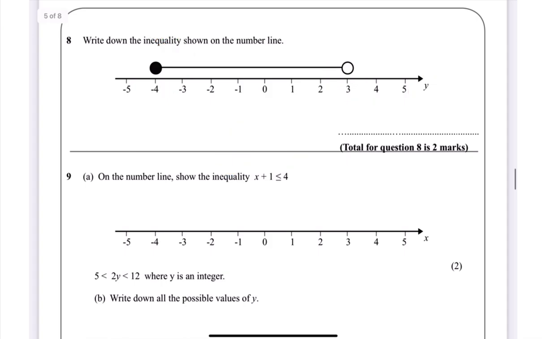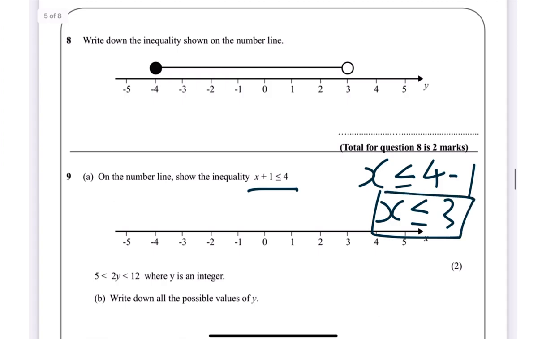Next one. On the number line, show the inequality of that. So you need to rearrange this. Okay. So therefore you have x is 4 minus 1. So we take the 1 to the other side. Therefore x is less than or equal to 3. Guess what? You've got one number. I know this looks like you've got 2 numbers here, but you have to put everything to one side because